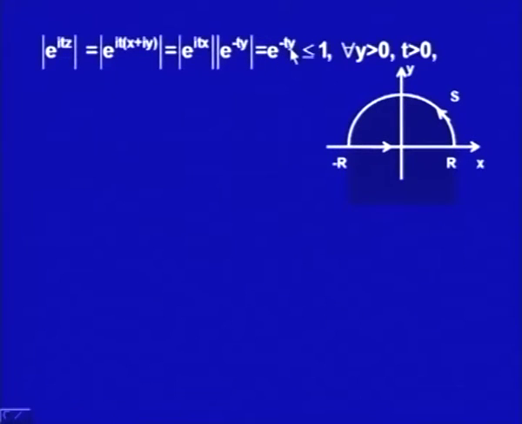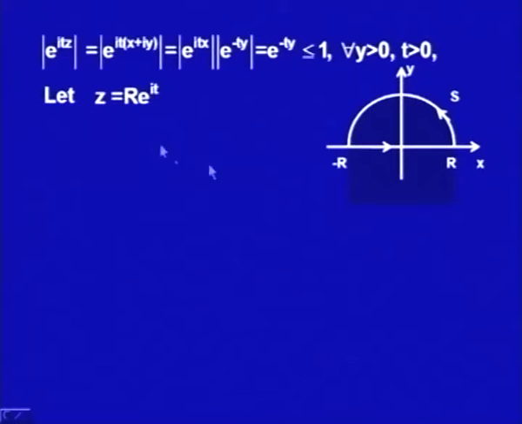Both t and y are positive. So e to the power minus t y would be a number which is more than 1, because e to the power x for x positive is always greater than 1. That says e to the power minus t y should always be less than or equal to 1 for all y positive and for all t positive. So what we have got from here is that the absolute value of e to the power i t z is always bounded above by 1. What it says is, now if I take the integrand,